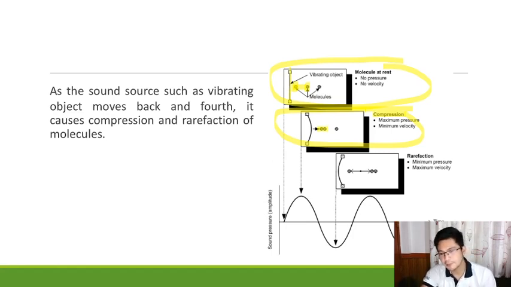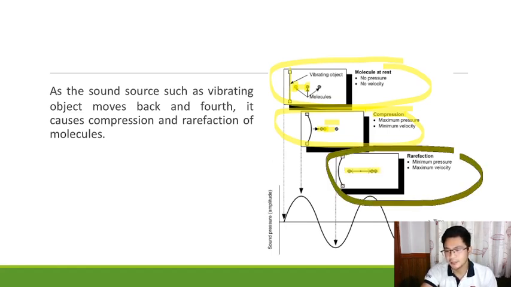Now, after magtama yung dalawa, syempre, the tendency is these two molecules will react to each other. So, paano yung reaction nila? Ang mangyayari class, the other molecule, the second molecule, will now also move papunta doon sa kanan. Kapag nag-move siya papunta sa kanan, mag-move naman papunta sa kaliwa yung isang molecule. So, ganito yung mangyayari. Ang tawag naman natin dito ay rarefaction.